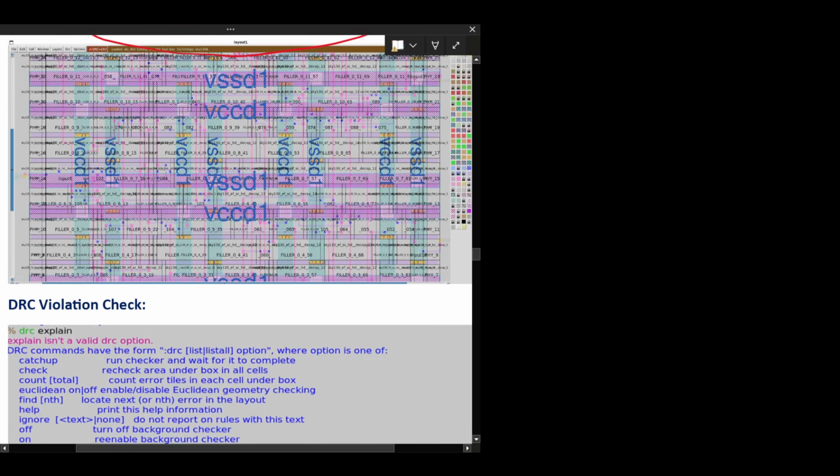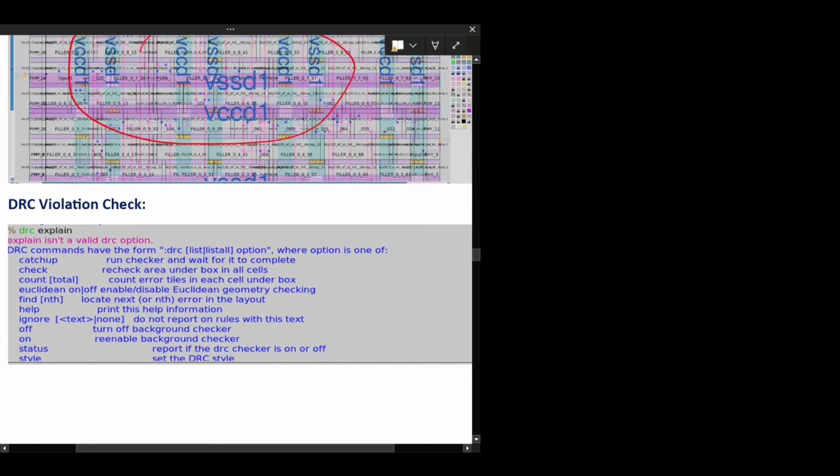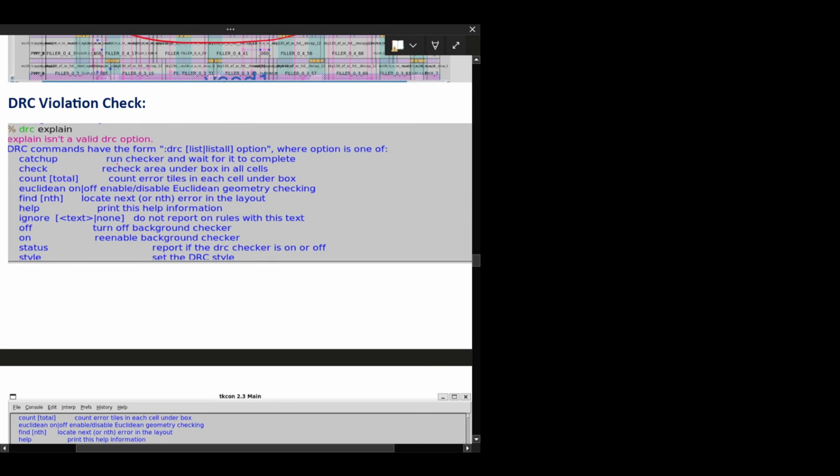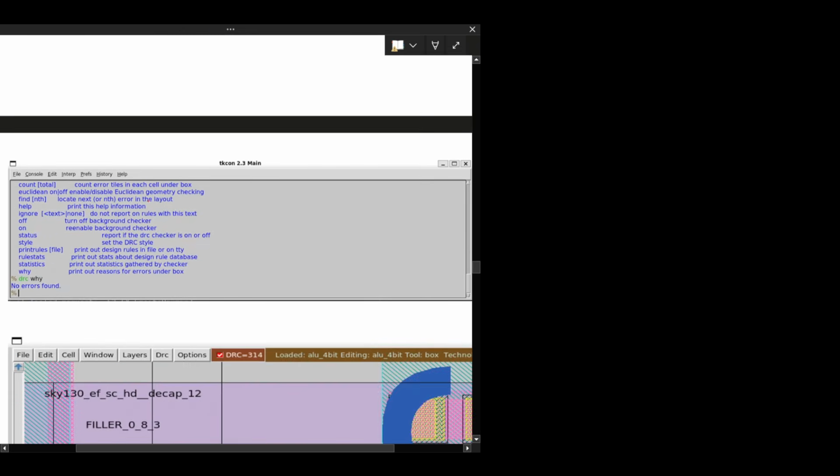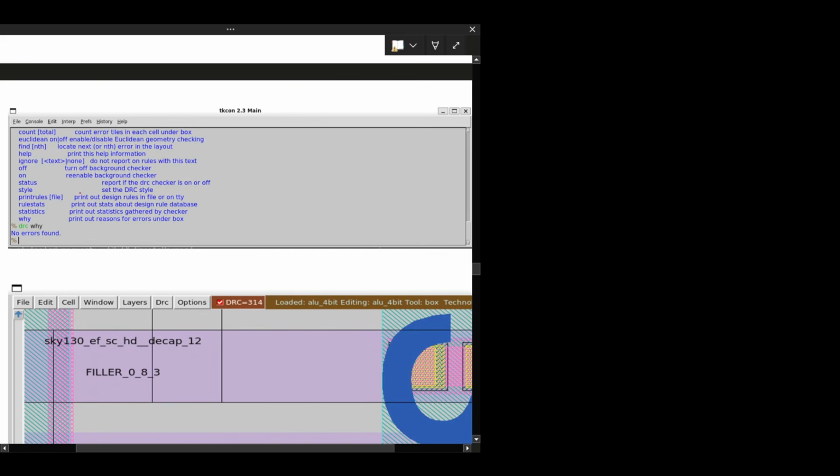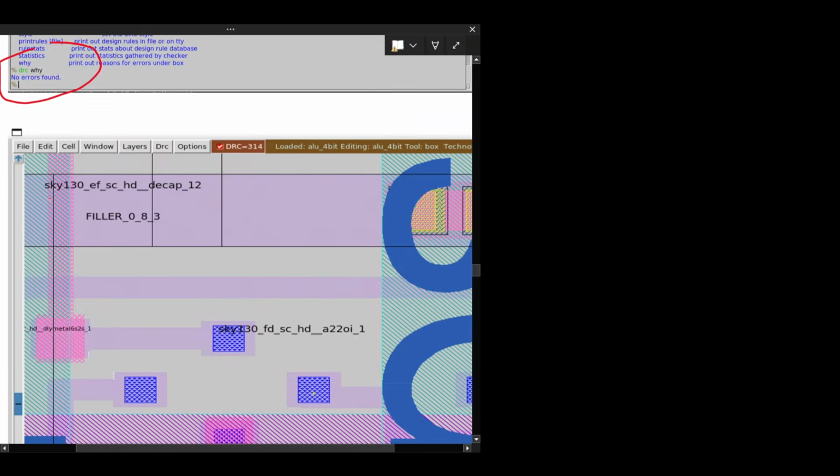After zooming, DRC violation check: the output is no DRC found. This means the design rule check is perfect, meaning no design fault in the design of the chip.